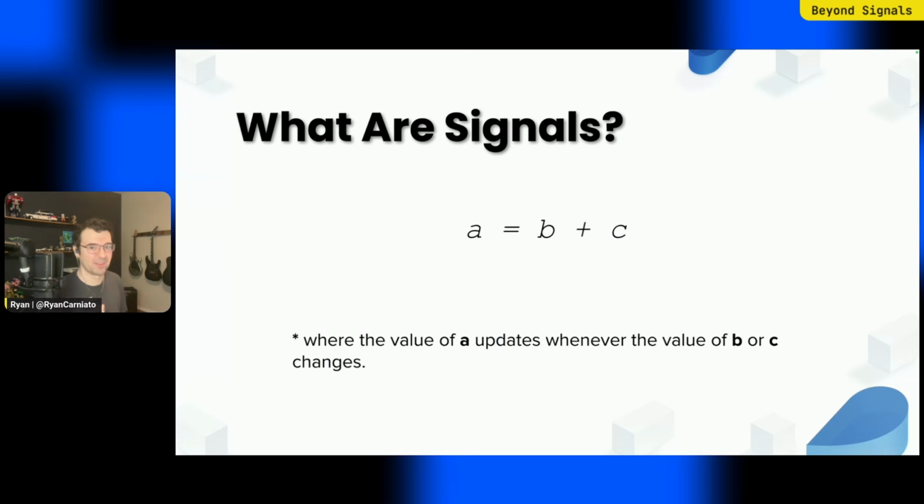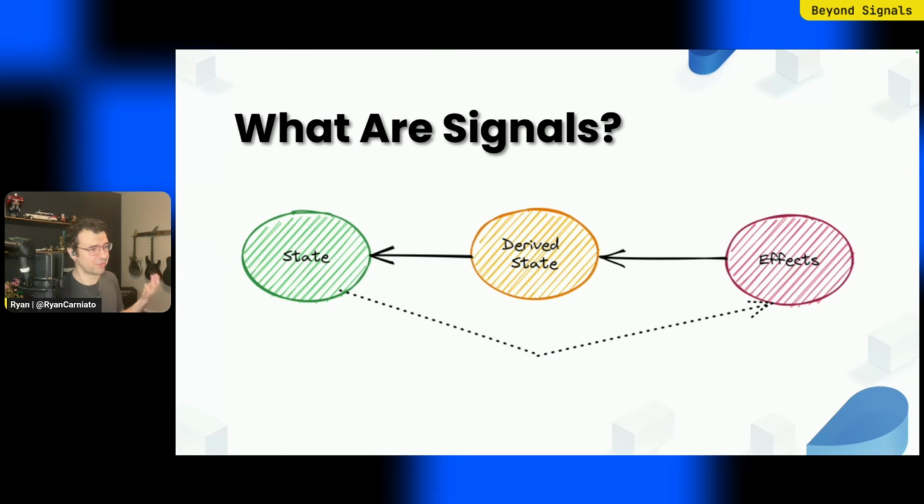To summarize, I explain them like a spreadsheet. Normal assignment represents a moment in time. It means that upon completion, A reflects the current sum of B and C here in this picture. But if either B or C change, you have to do the assignment again. The relationship doesn't hold. However, with reactivity, it does. A will always reflect the sum of B and C. Signals are a set of primitives to represent the synchronization. At its core, you just need to know three.